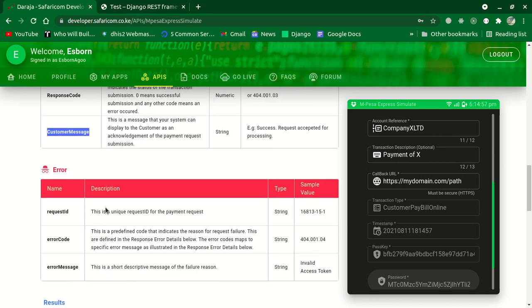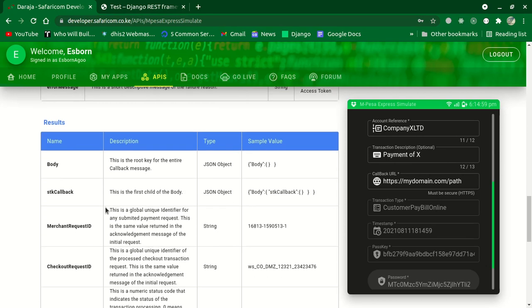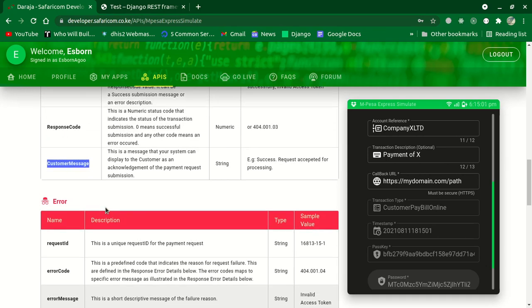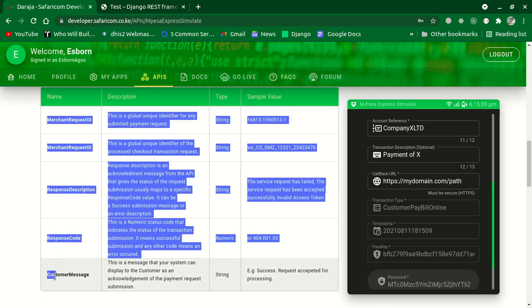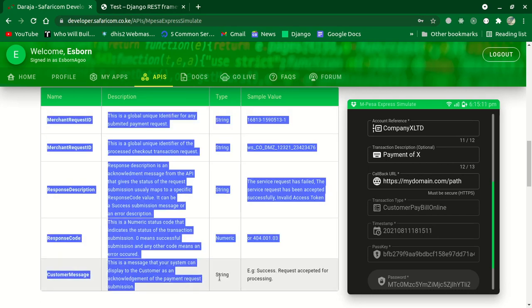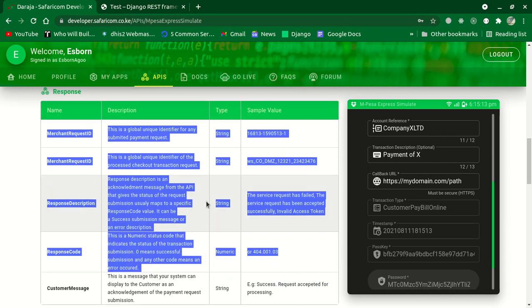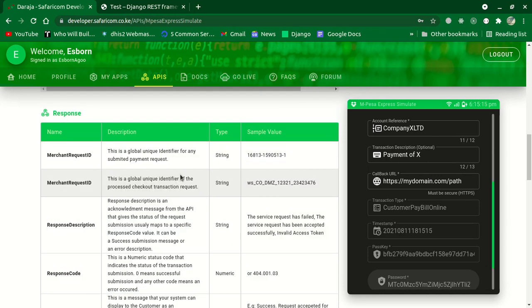When it's a success, what do we want to get? We want to get this one, which shows it was a success, the STK push to your phone number. So we want to find a way of extracting this one from the JSON that we